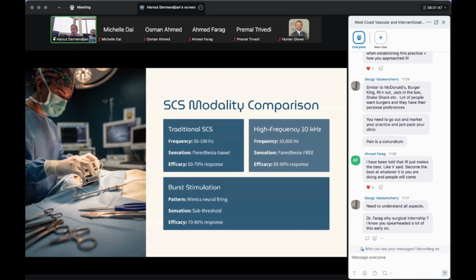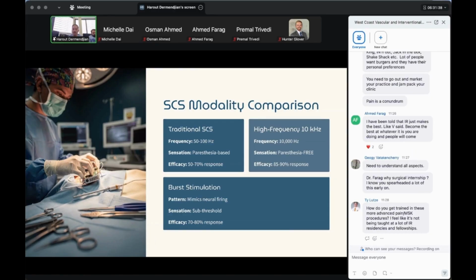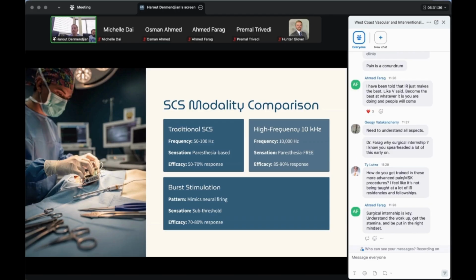And a lot of patients do like that sensation, but it is something that they feel. So they are feeling these paresthesias, and you can use it also to map where their pain is. But there is a certain number of patients that don't like the paresthesias. It kind of bothers them. They're always feeling that rubbing type of sensation. But it does help with pain, about a 50 to 70% response.